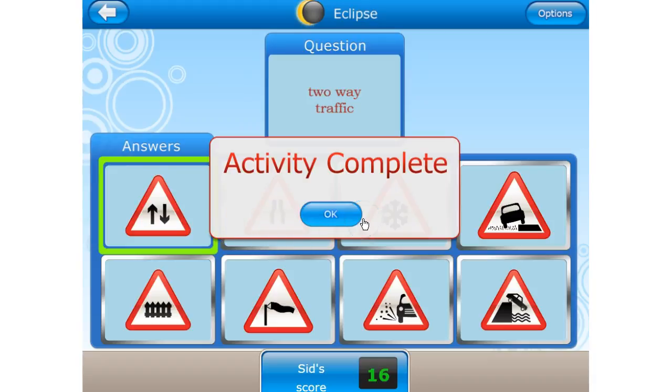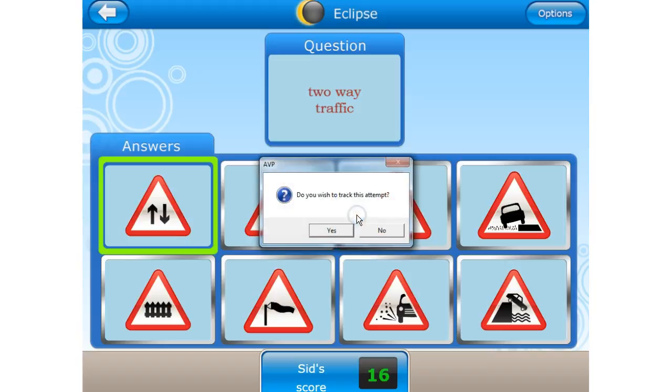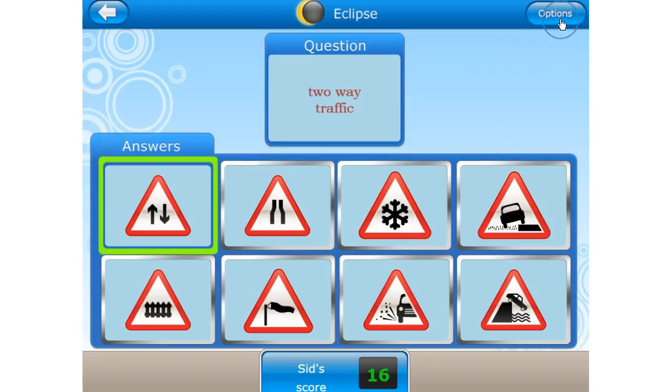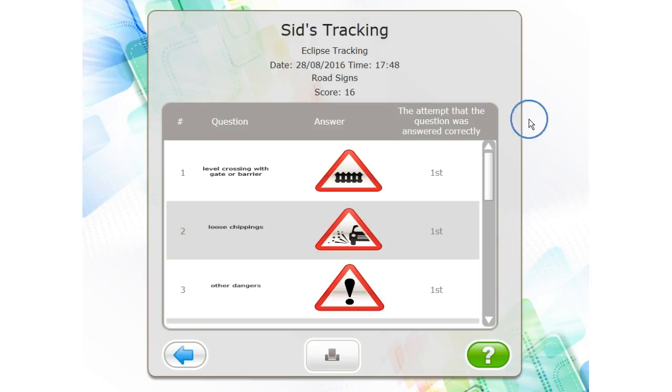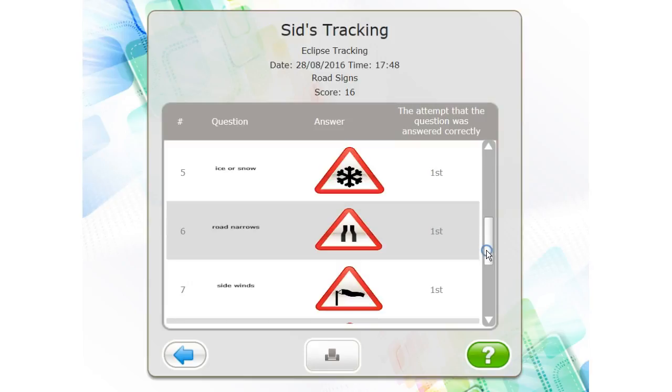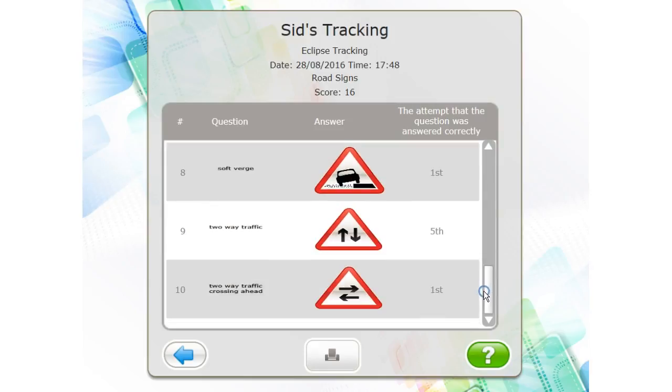Once all questions have been answered correctly, click Activity Complete, and you will be asked, do you wish to track the attempt? Click Yes, click on the Options button, click My Profile, and again you will see the attempt upon which each question was answered. And we can see that the two-way traffic was answered on the 5th time that question and